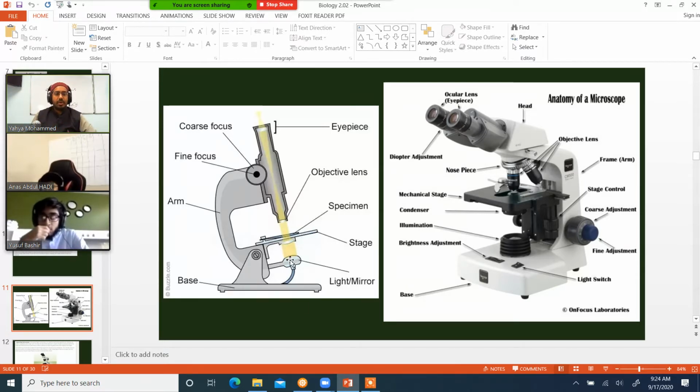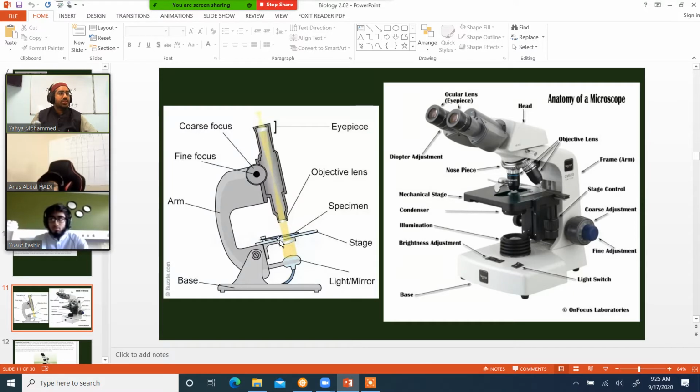At the bottom here, you have a light, or you have a mirror. Sometimes they have a mirror, and then you use the light from the sun and angle it. It's like a diamond mirror thing at the bottom. You can have a light bulb, whatever it is, and the light shines through the specimen. You're not shining it on top of the specimen to look at it. It shines through the specimen, right?